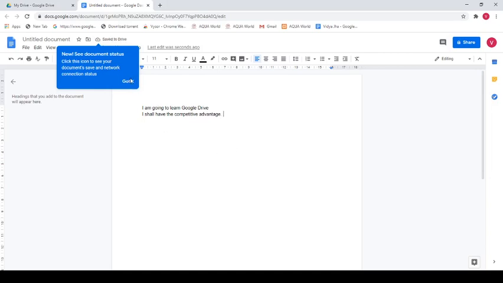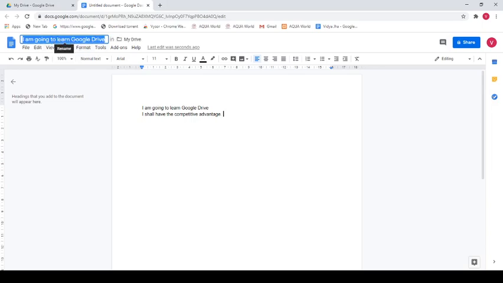Now, one of the important things in Google Drive is that the thing is automatically saved. You don't have to save. It is saved here. See, as of now, it is saved. Suppose you have to save it in the name of assignment. Assignment. Right? It is saved in the form of assignment.